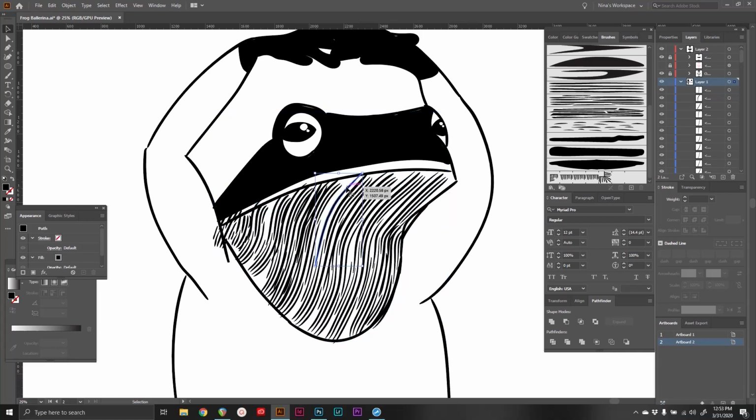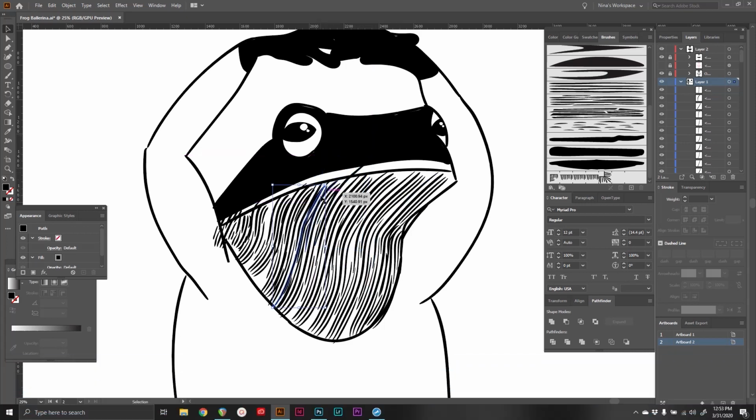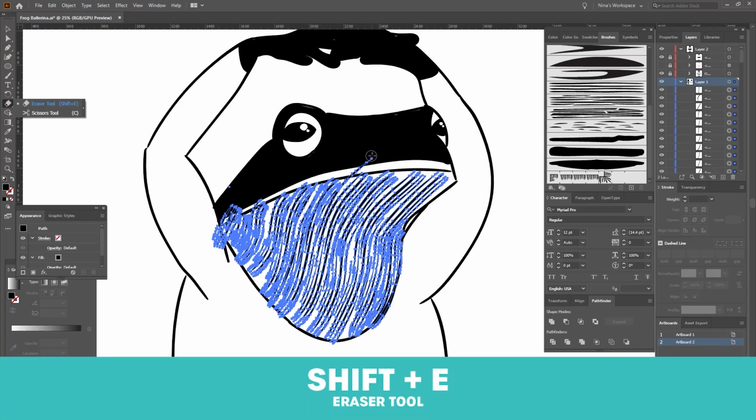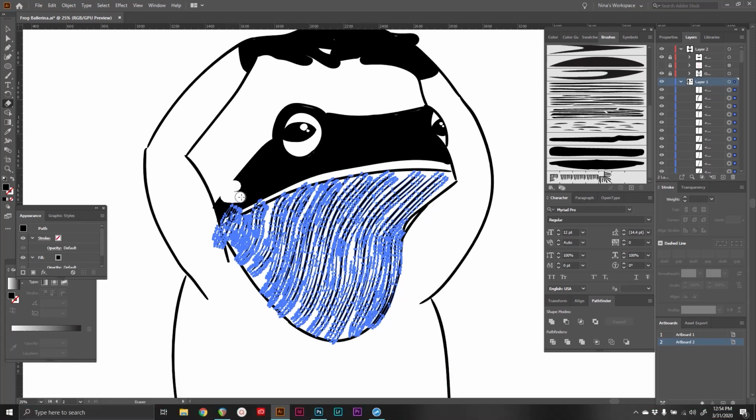Then you can select certain shapes that you want and duplicate them, fill in areas that you need to be filled in, or if they're too close together, you can delete some and move them around until they're spaced out well. And if you have some that go beyond the borders, all you have to do is go over here to your eraser tool. The keyboard shortcut for that is Shift E. You can use the open and close bracket keys to make your brush bigger or smaller,